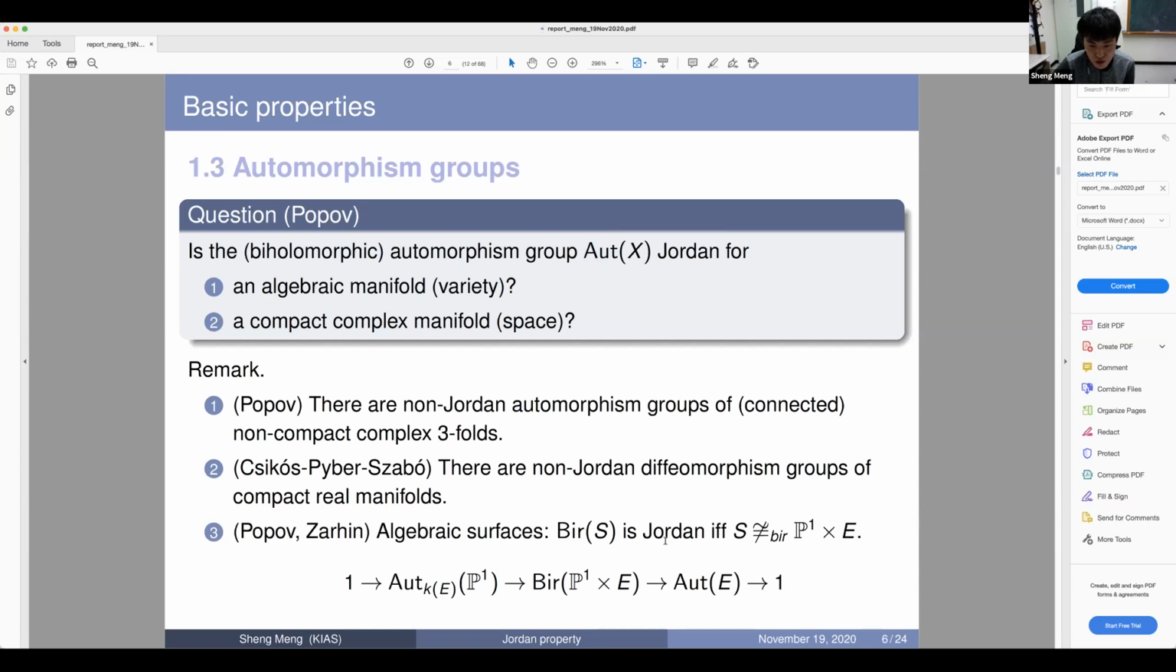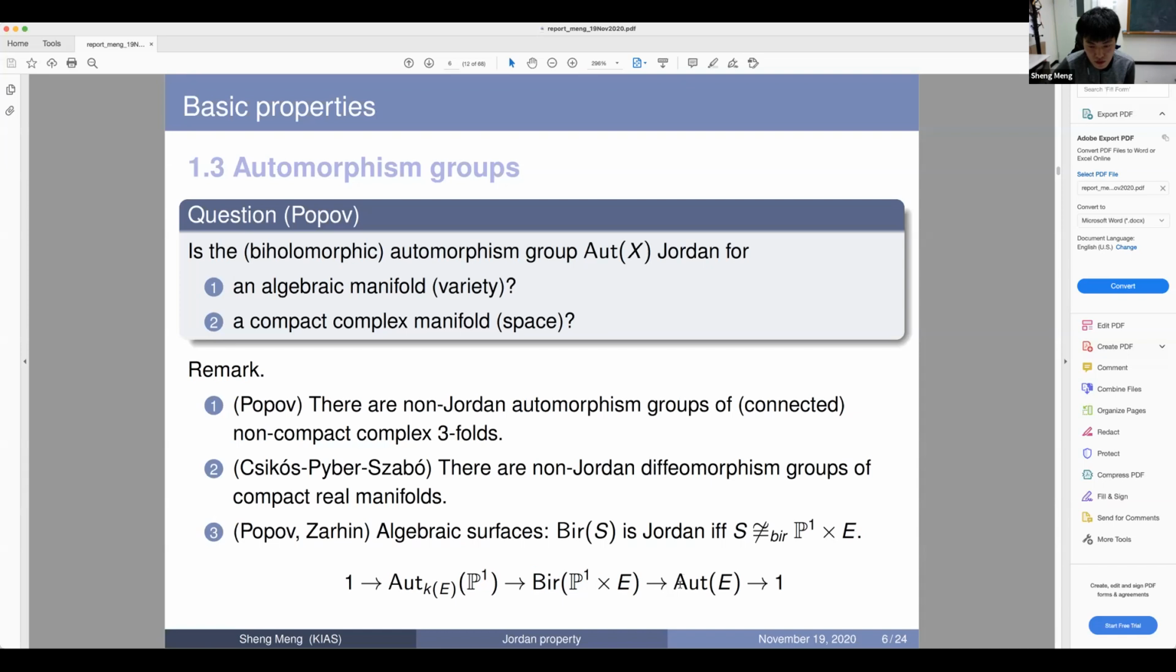And then Zahin showed that the birational automorphism group of P1 cross E is not Jordan. So here we have the exact sequence, which gives an example of the previous question. Okay, so first we look at the large group, the birational automorphism group of P1 cross E. Then it descends via